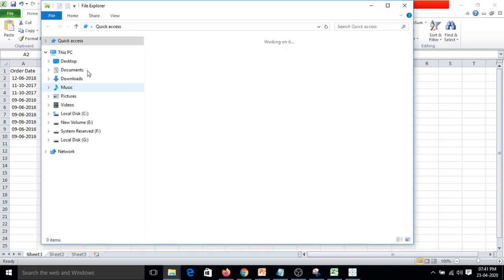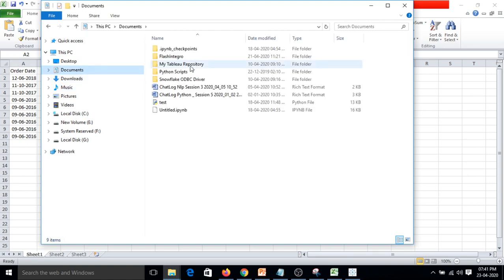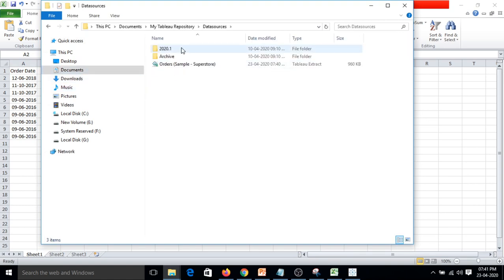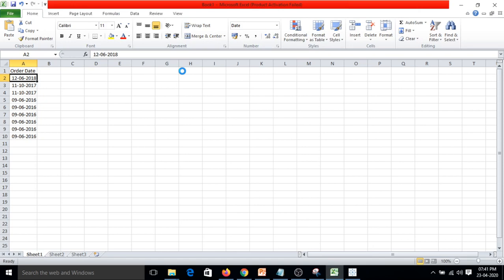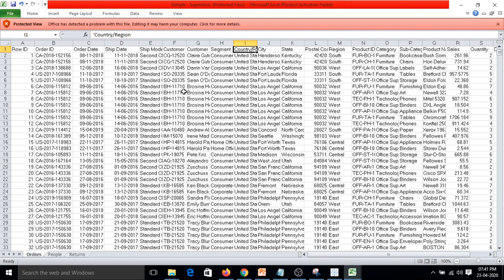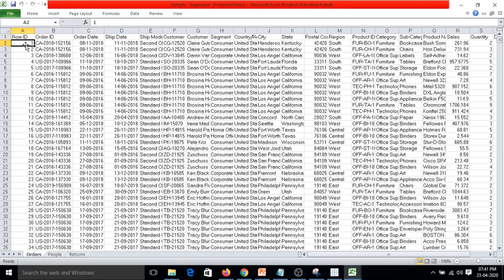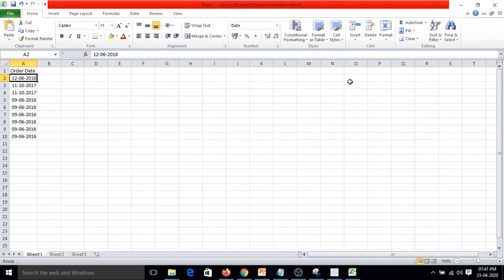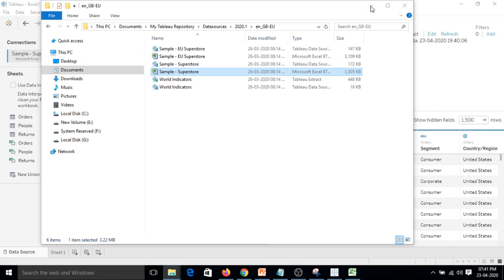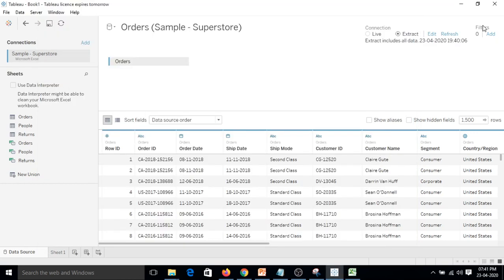Go to documents, go to My Tableau Repository, data sources, and we are using this. Let's open it. It is opening in protected view. That's okay. Let's change some values here. Let's change this order ID to something like MD. So it's not giving me an option to change. Okay, let's see this in the next video, but for now let's move to another option, which is filters.